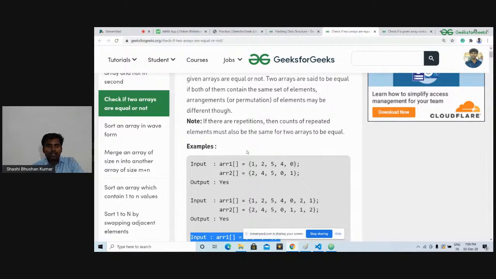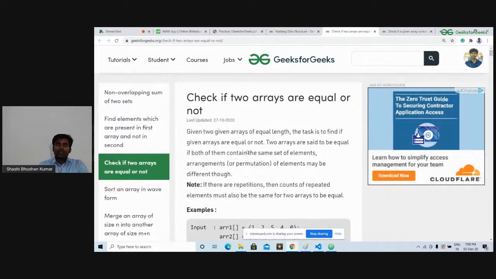So how do we find whether two arrays are same or equal or not? How can we do that? Any guesses? Take your time, think about the logic, and let me know if you are able to reach the solution. Yes, that makes sense. Yeah. So one solution could be we can simply